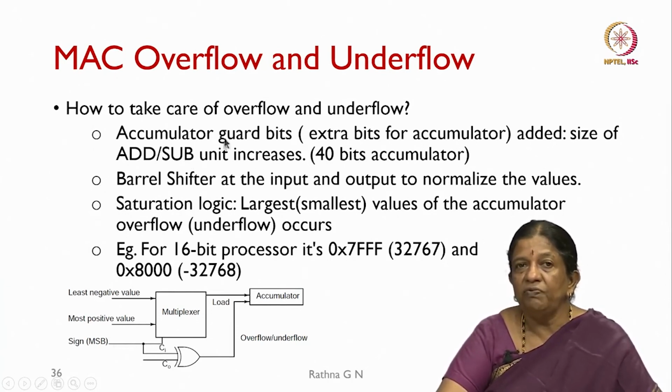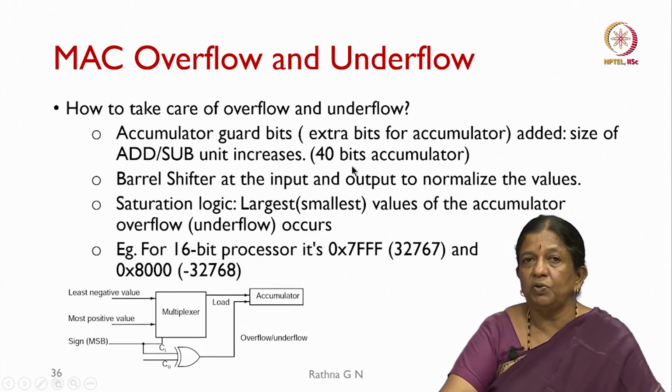To take care of this, most DSP processors have 40 bits for the accumulator. We call it long addition. So, 40 bits are going to be used. If it is two 16 bit operands, the maximum can be 32 plus 1 carry bit, but we say we can accommodate the overflow up to 2 power 8 bits in this case. So, we need the barrel shifter at input and output to normalize the values, and the other one is